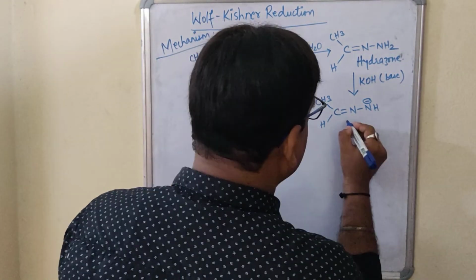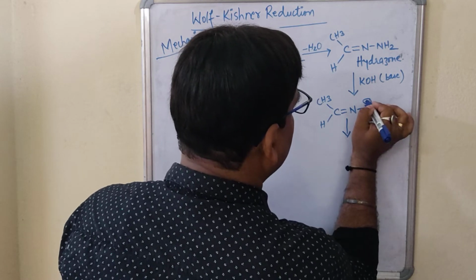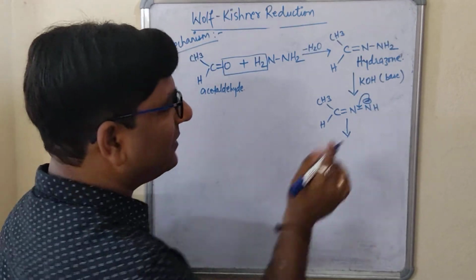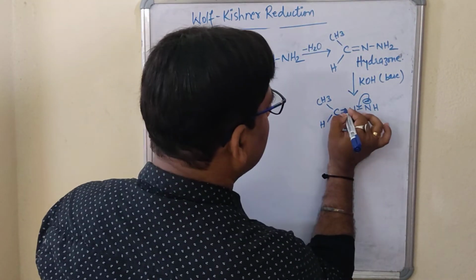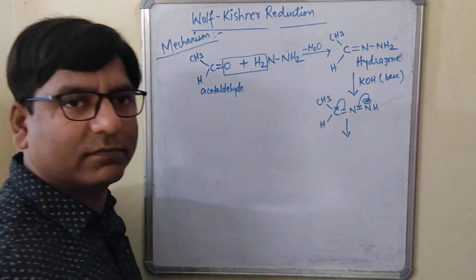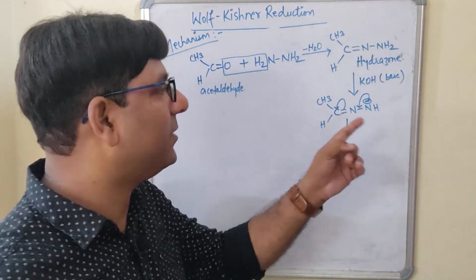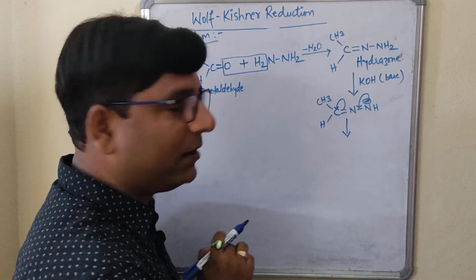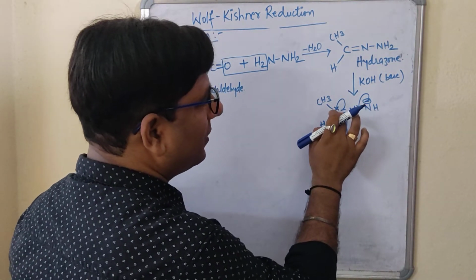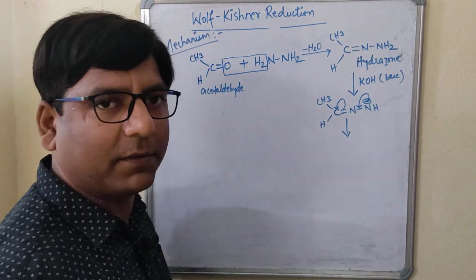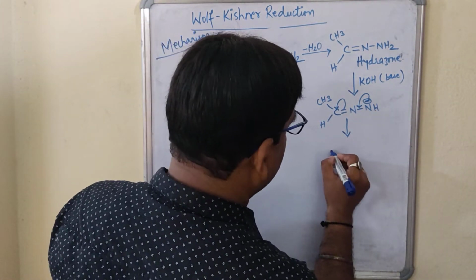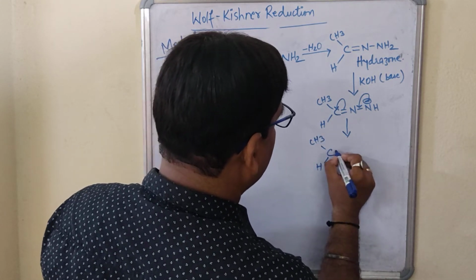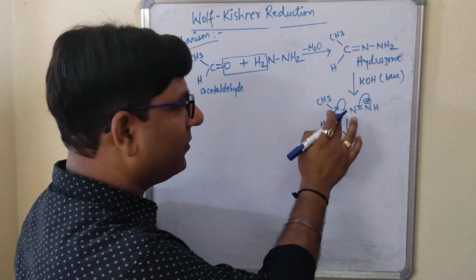Clear? In the next reaction, what will happen? This negative charge will come down. When this negative charge is coming down, this bond will break on this carbon. Just understand this, students. This is very important. This negative will come down to form a double bond over here, and out of these two bonds, one bond will break on this carbon atom, right? So what will we get? Here we will get CH3. Here we have the hydrogen. One bond is there, one bond has been broken, one bond is there.